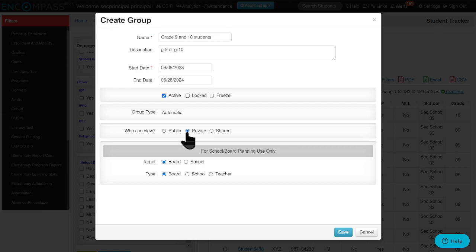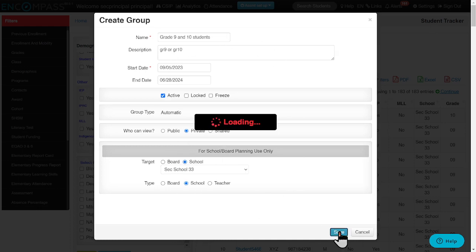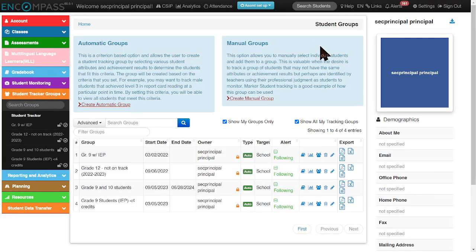So I'm just going to save this as private, and then the target, if you're a school principal, the idea is that you would be creating a school target and a school type. And that helps eliminate some of the groups that show up in other people's portals. So once you've filled out this page, simply click Save,